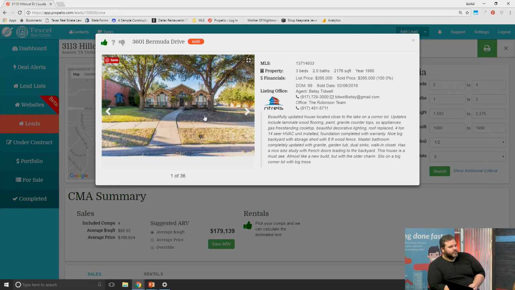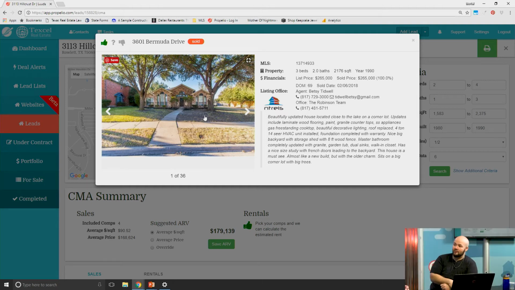Right. But it might be hard to get that granular. But if I have a whole bunch of cul-de-sac comps that show that it sells for more or less, then I might need to take that into consideration. But this particular neighborhood is a little bit different. I'll come back to that property.